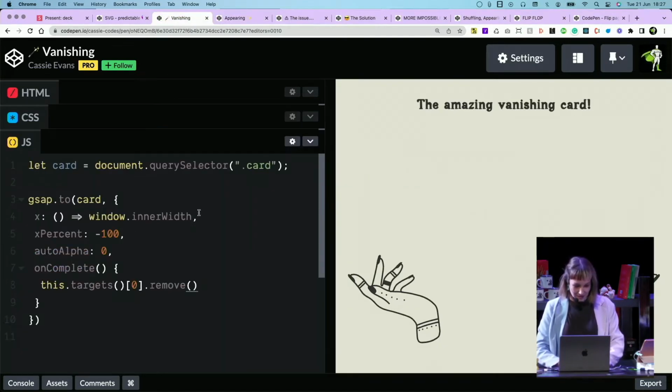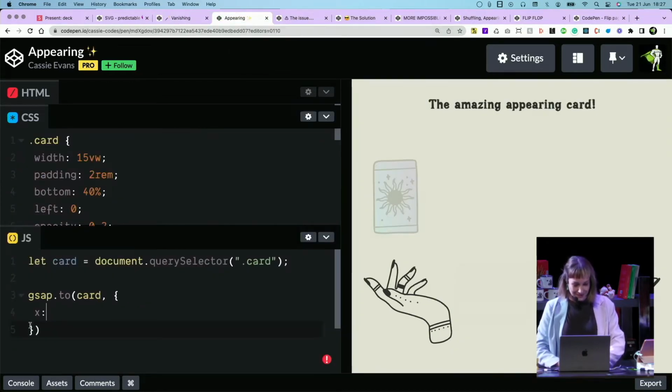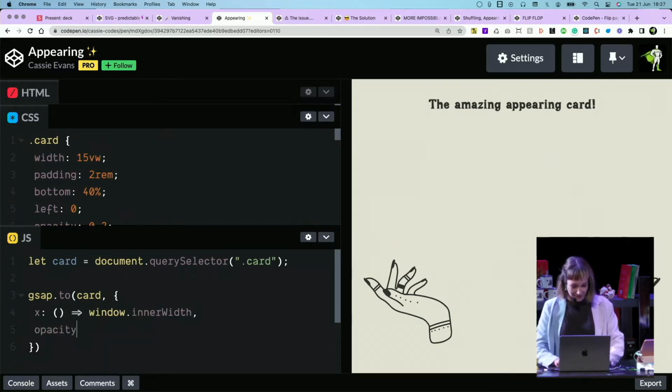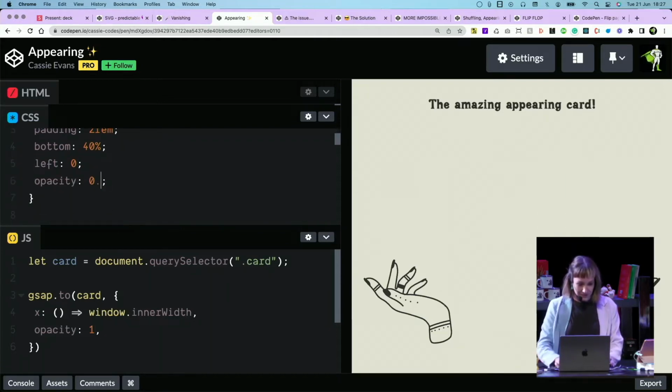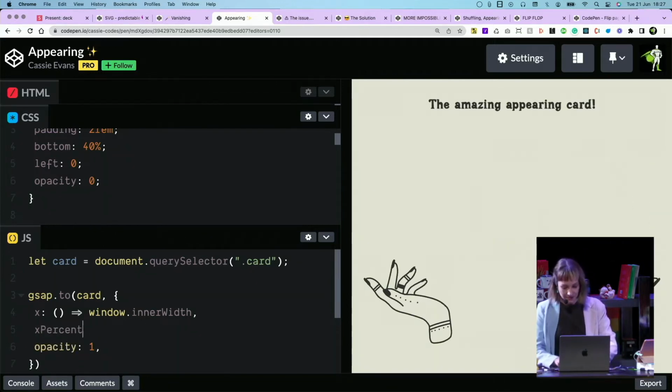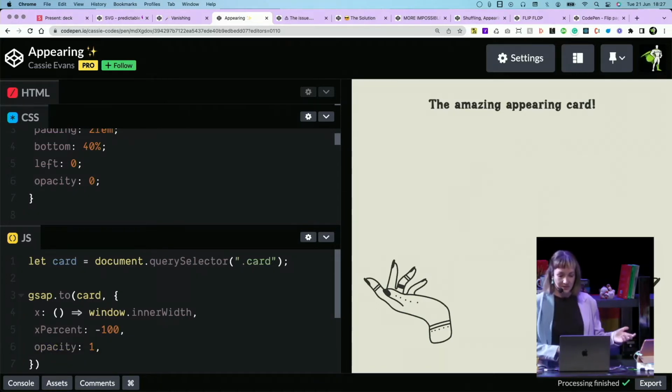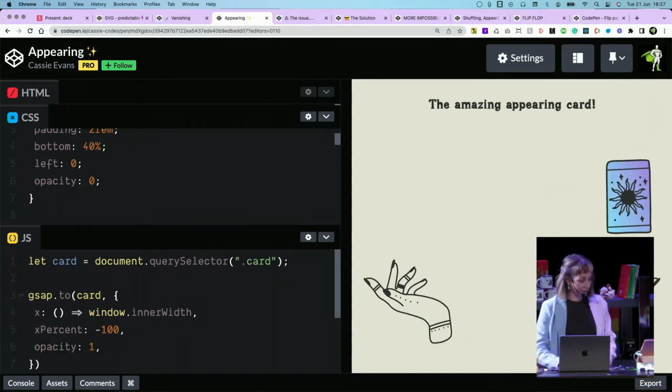I'll just copy and paste. It's late. So we'll animate it over to the other side of the screen. And we're going to say opacity 1. We'll put this opacity all the way down to 0 here. And then magical appearing card. It's overshot again. I need to remember x percent. There we go. So magical appearing card.